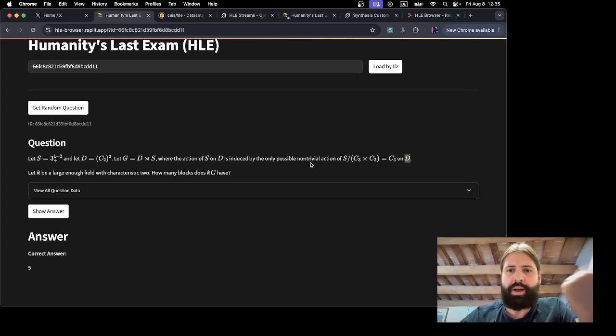And apparently this group has one only possible non-trivial action. So we need to find that one. So two things. We need to find that this group has one possible non-trivial action on D,